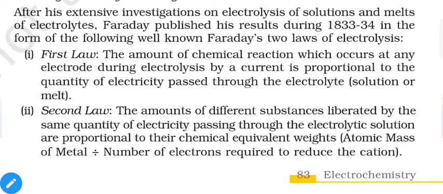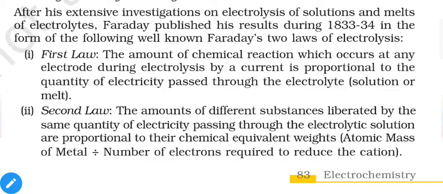That means it depends on the oxidation state of the metal, and if we pass, let us say, 1 mole of electricity, then for sodium 1 mole of electricity will give us 1 mole of metal. For, let us say, Mg2+ magnesium, 1 mole will give us 0.5 moles of Mg, and for aluminium 1 mole of electrons will give us 0.33 moles of aluminium. We will discuss this in detail.